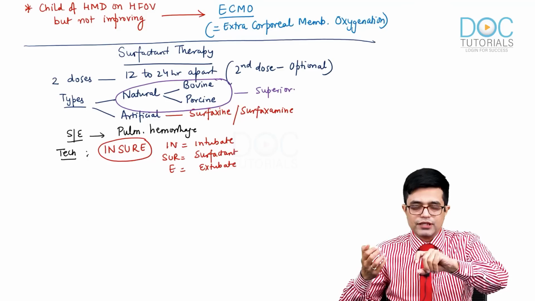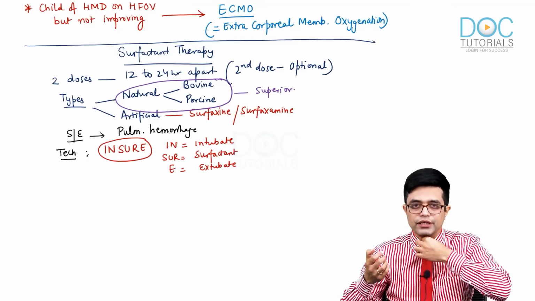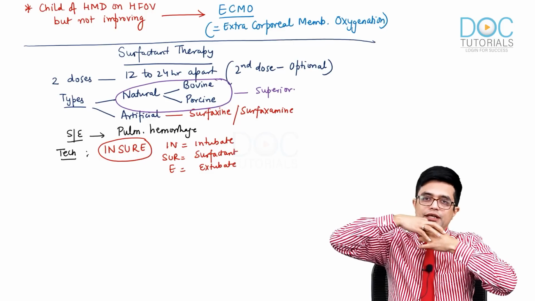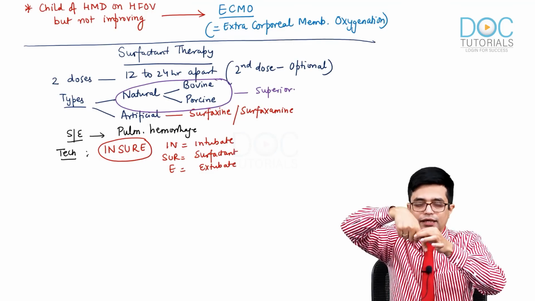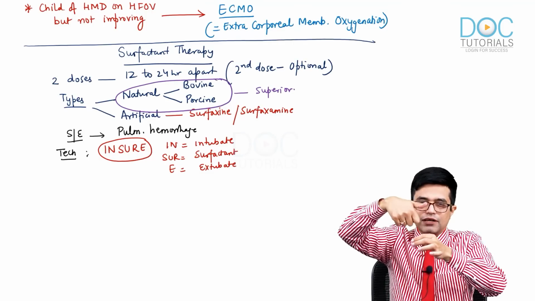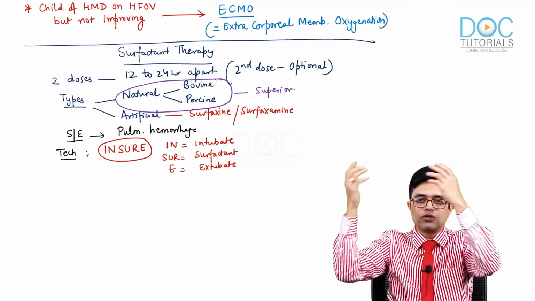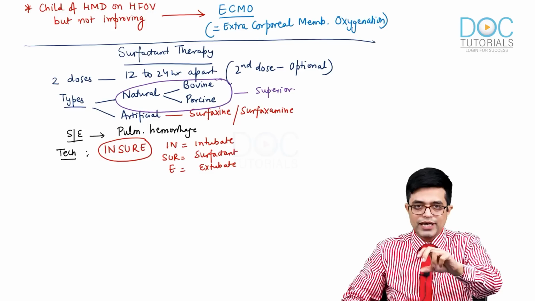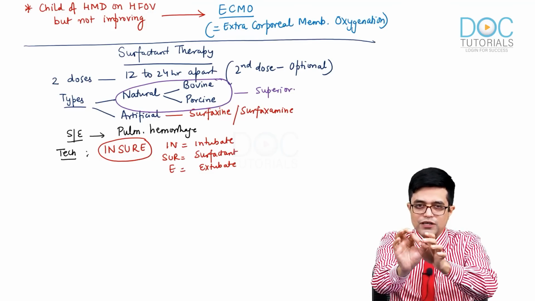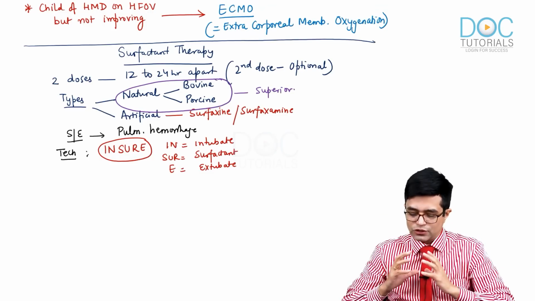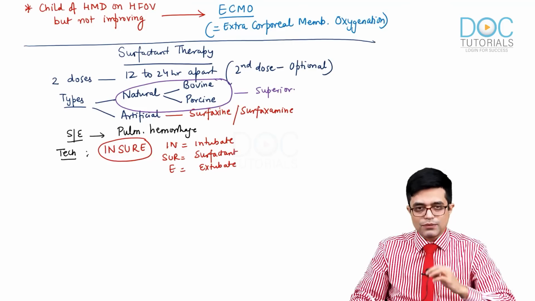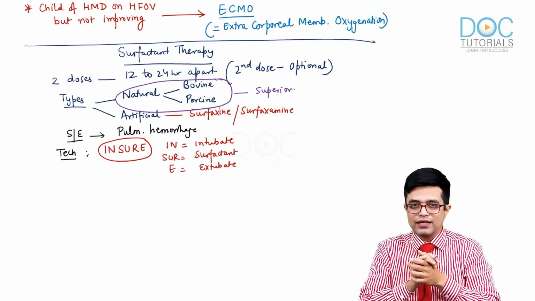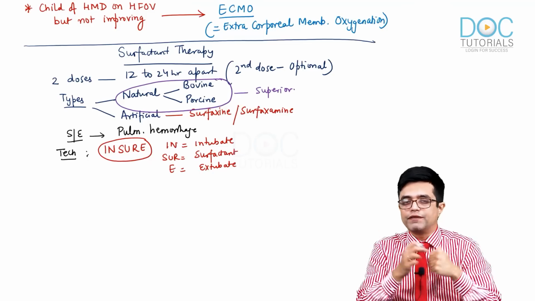Then you will intubate the child. You will put an endotracheal tube in the airway. Through that endotracheal tube, you will put another small tube inside that tube. So tube inside tube. In the inner tube, you will give the surfactant bolus and then take out both the tubes. This is called the INSURE technique. Intubate, small tube, give surfactant, take out both the tubes. It has a problem that it requires tube within tube, and so intubation is mandatory. You need to be very good with your skills of intubation.